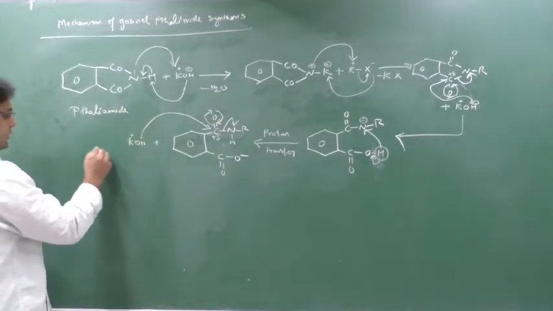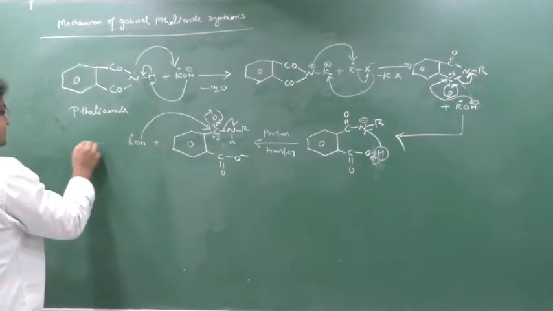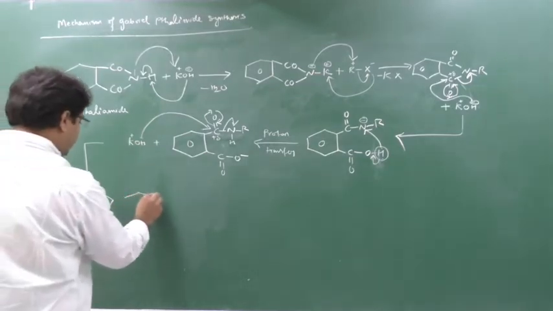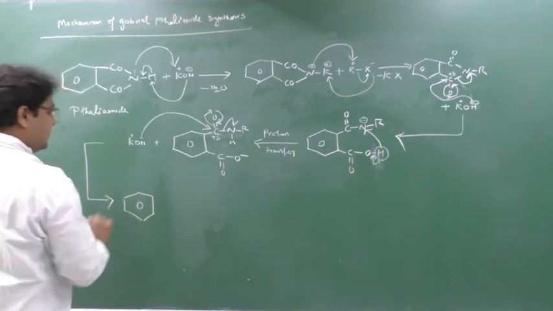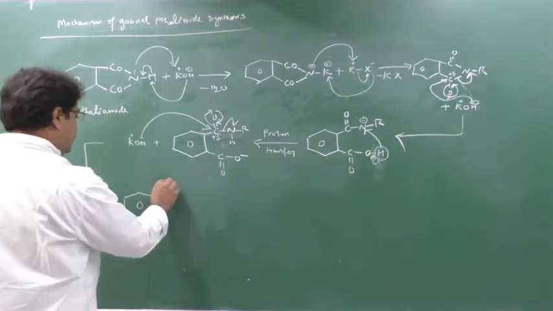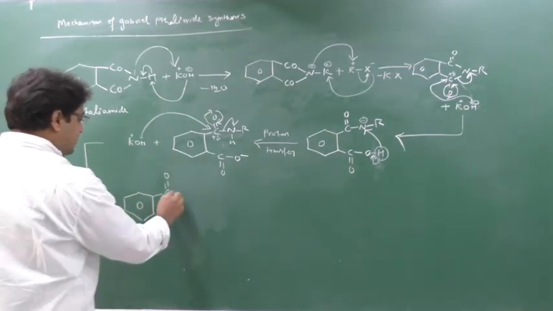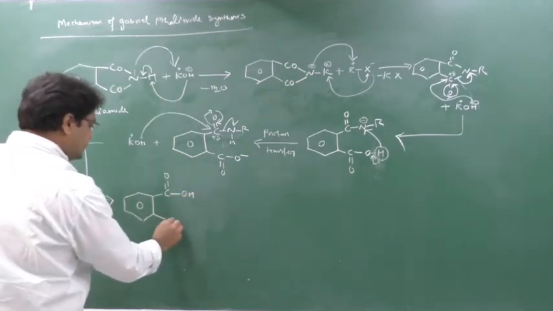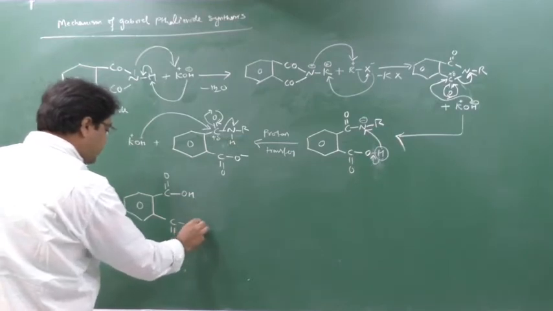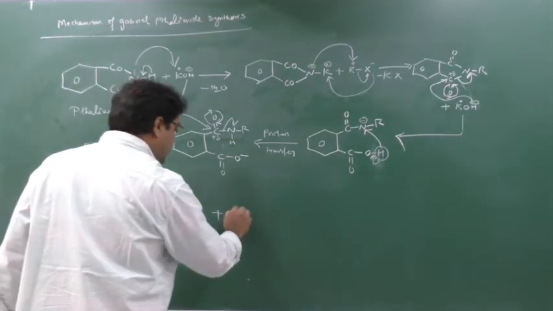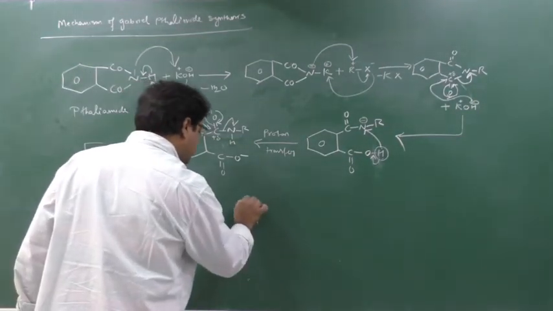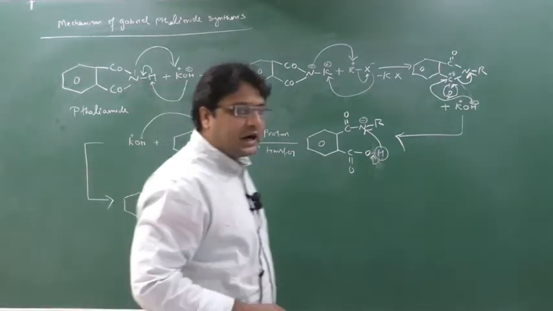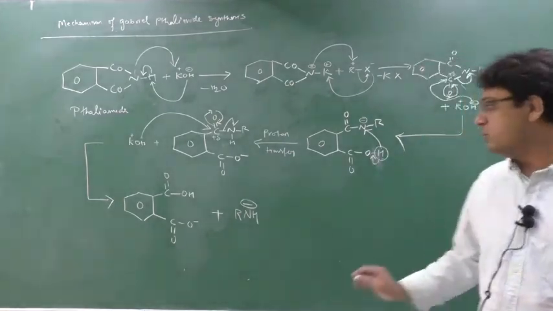See here now, so what will happen? What are the changes? We can see the changes here. Here there is a ring. Here there is a ring. Here the double bond is not broken. Here OH has been attached. Yes or no? Here C double bond O and O minus, and what is removed? R and H. Nitrogen will take the electron and remove, because nitrogen is a more electronegative element than carbon, so nitrogen will take its electron and remove as it is.